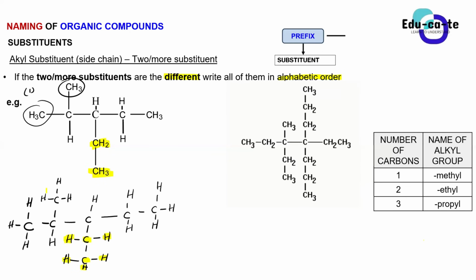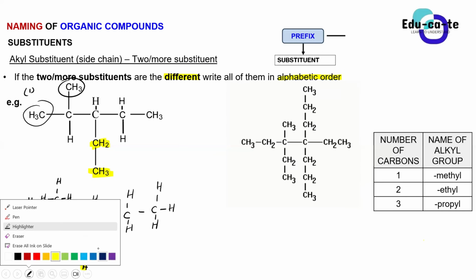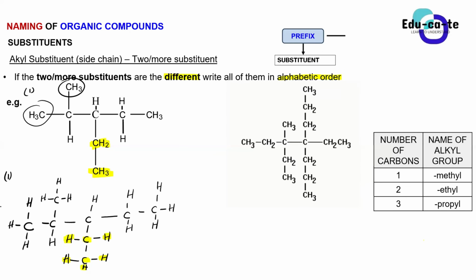So now, when we are naming, let's first identify the substituents. How many substituents do we have in this compound? How many substituents, guys? Okay, I'm sure Orifa highlighted and said that our main chain is this one, consisting of how many carbons? 6 carbons, is it? 5, right? Oh yeah, it's 5 carbons. So the main chain is consisting of 1, 2, 3, 4, 5 carbons. Yes, no?